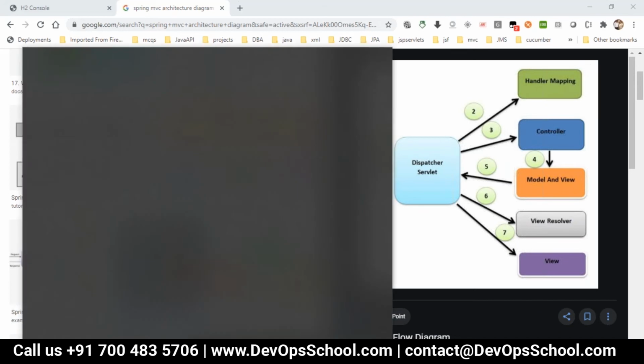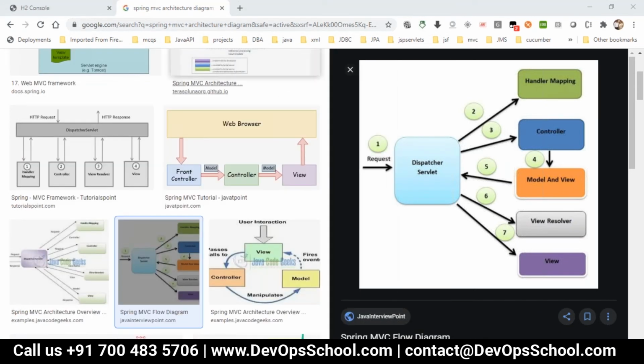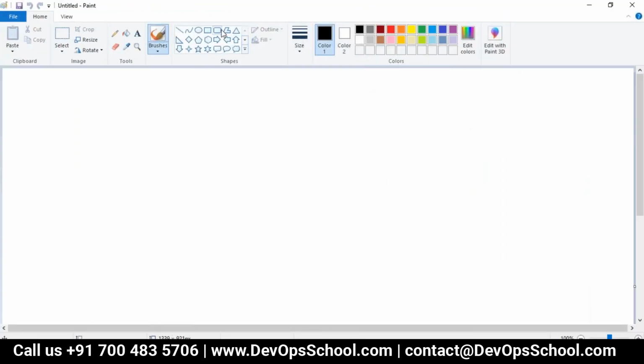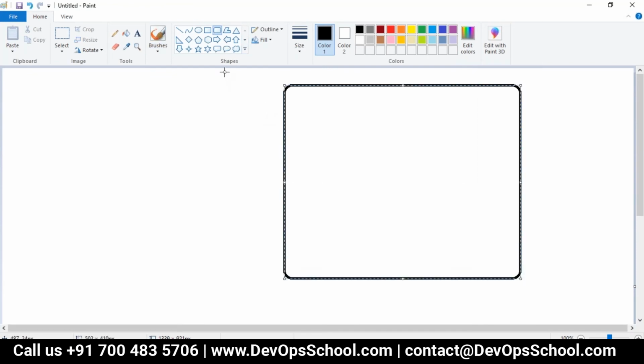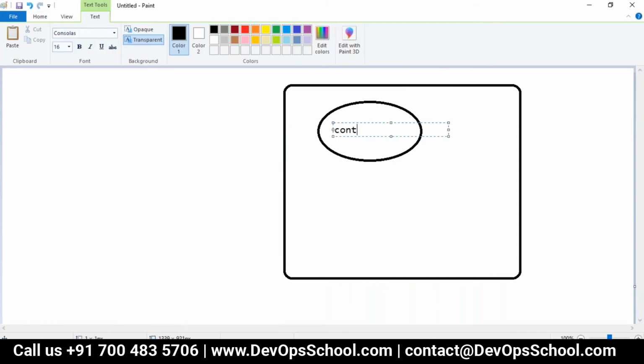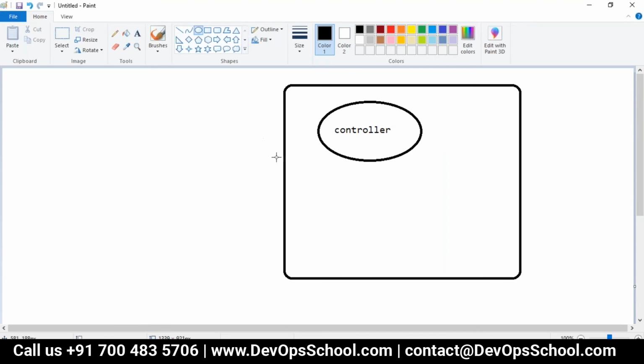Let me just take Paint to explain this. So here is your application. You may have different controllers, and you may have a view or model, anything.